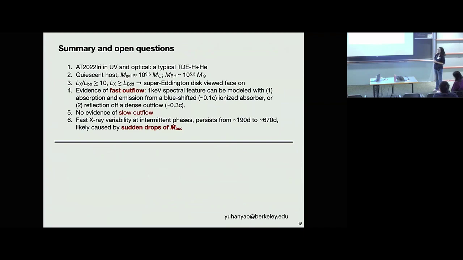Okay, so just to briefly summarize our results, we inferred the existence of subrelativistic outflows and sudden mass accretion rate drops in this super-Eddington accreting TDE. I didn't have time to show the XMM RGS spectrum, but we do not find any evidence for narrow absorption lines in the data, indicating that either the low velocity outflow is non-existent or is too weak to be detected. We think that the inclination angle of this system is very small. We are viewing it close to face on, and the rapid variability is consistent with a MAD disk with a non-spinning black hole.